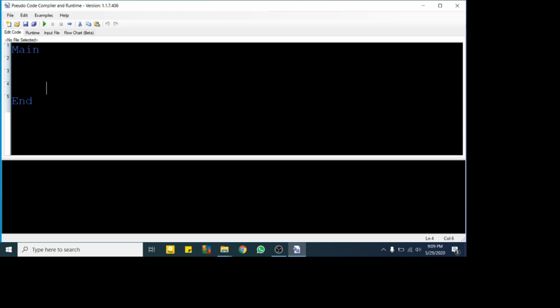Okay, so when you're writing a pseudocode design, you have to always denote your starting point and the ending point. Here we use this main keyword in order to identify the starting point of your pseudocode and end to denote the ending point of your pseudocode. Other than this,